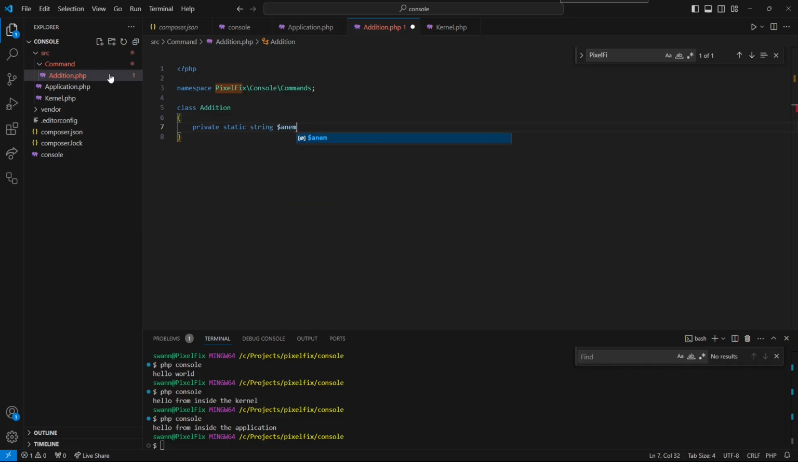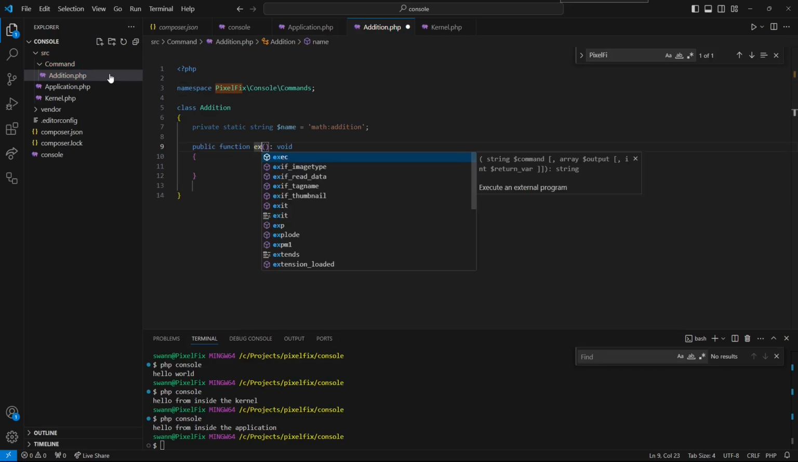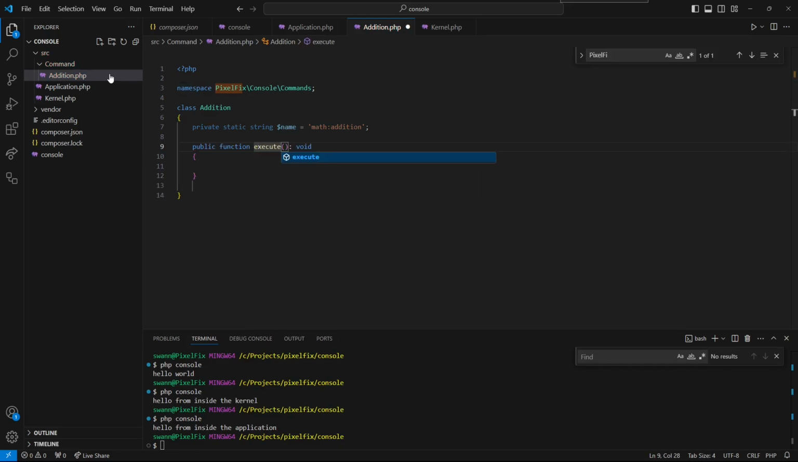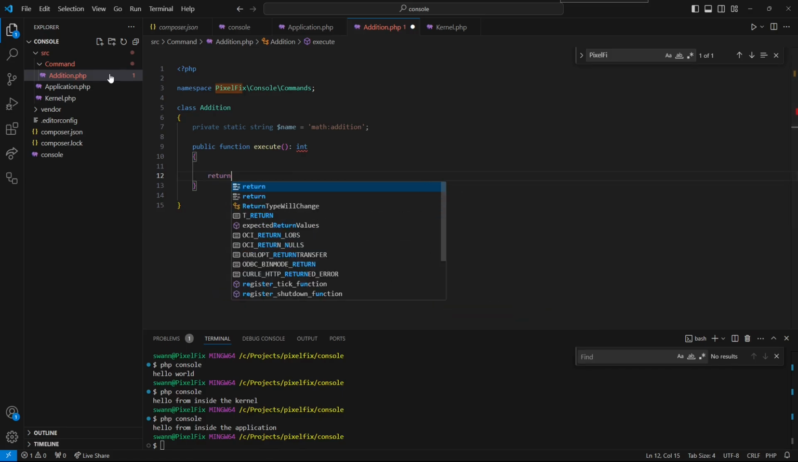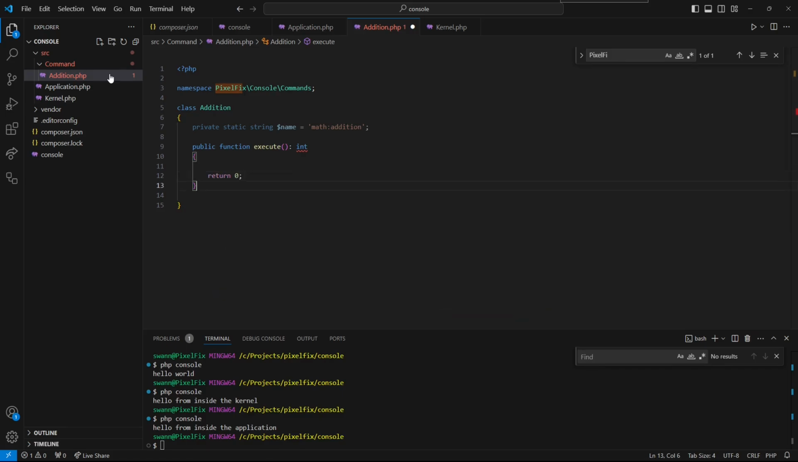String name, really, name. And we're going to call this math.addition. Then we want a public function called execute, which is going to return a status, which is going to be an integer. Let's just return 0 for now. And then we want another